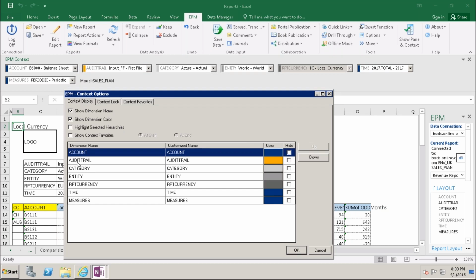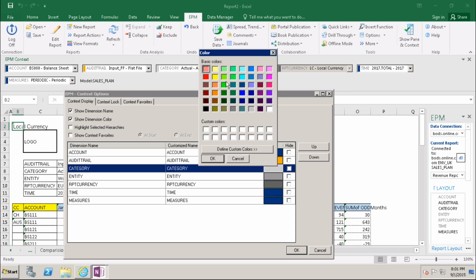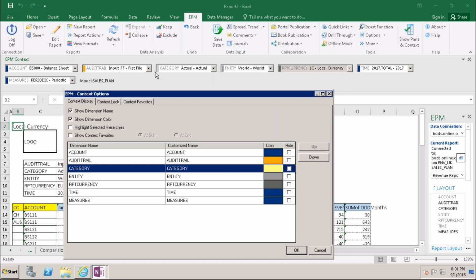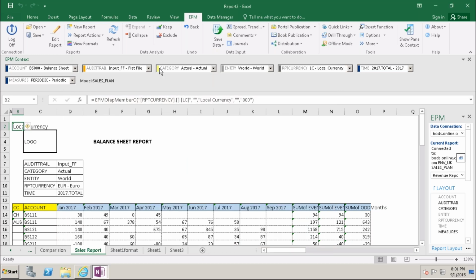See here audit trail color is this one, orange. So here you can see the orange one, and the category color is this one. I want to change this one as yellow. Okay, so automatically category will change here, this one.